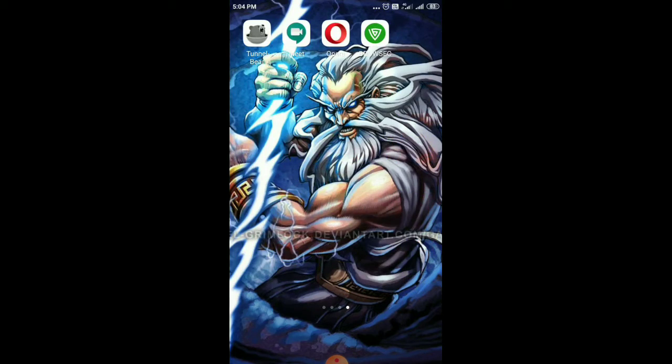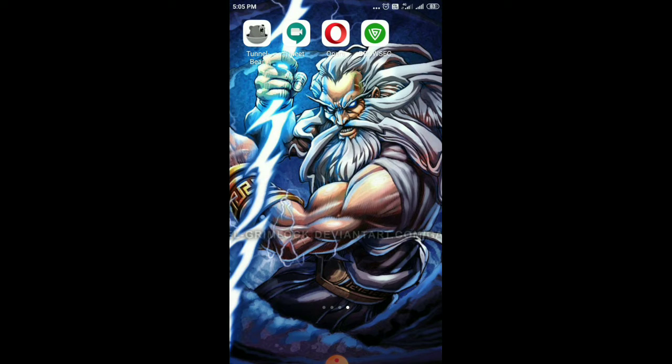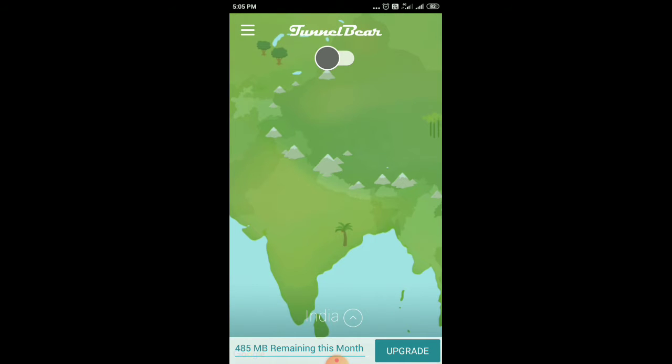How to fix this? Well, first of all, you need to go to the link in the description and watch my previous video. In that video I tell you guys how you can install TunnelBear VPN, which is a virtual private network application from Play Store, and then also create an account on it. So watch that video and learn how to create an account after installing TunnelBear VPN from Play Store. Once you have done that, open it, and here you get 500 megabytes of data per month. You can create multiple accounts from multiple other devices to get more data, or you can buy its membership to get more data.